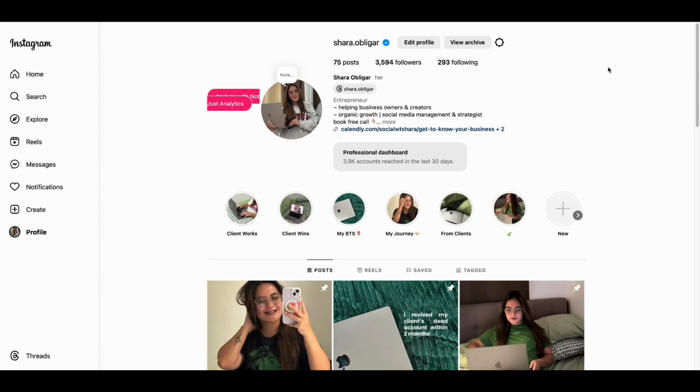Let's go. In creating your own account, the first thing I want you to remember is to have your username as unique as you. Kasi napapansin ko dito on Instagram, pare-parehas na sila ng username with socials sa pangalan nila. So for example, socials by Shara, Shara Socials. Actually, yun yung una kong username, which is socials with Shara. At ang dami nang gumagawa, no. That's why I changed my name to Shara.obligar to make it more branding to my name, or me as a social media manager. So, I want you to remember na kung ako sa inyo, wag nyo nang lagyan ng socials ang username nyo.